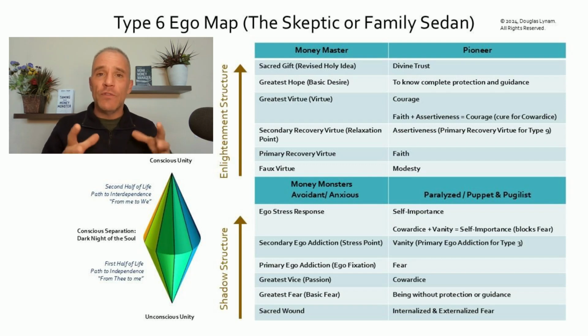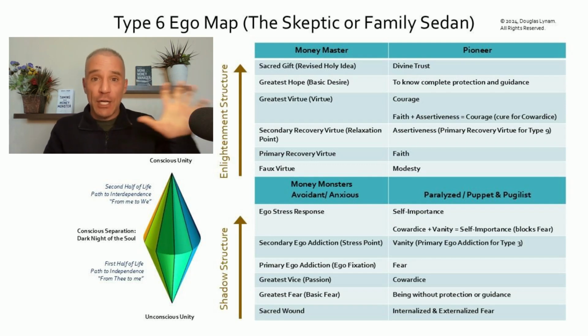Well, we've got two unhealthy core ways that we can relate to money, and that would be to be overly avoidant around money, meaning just like in our romantic relationships, we can be anxiously attached to our romantic partners or avoidant of them, and we can have the same kind of unhealthy dynamic around money. So a 6 who is money avoidant is going to let their fear of money push money away